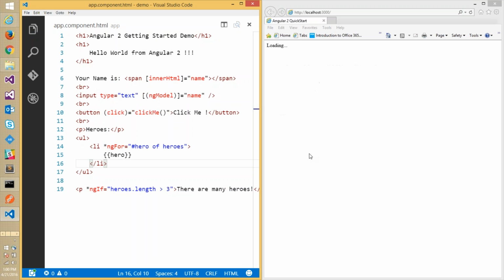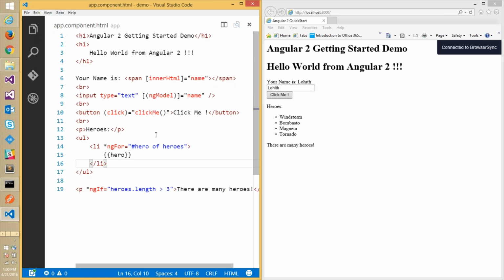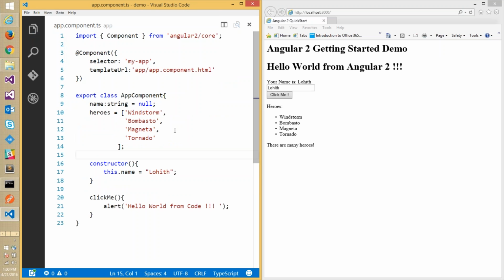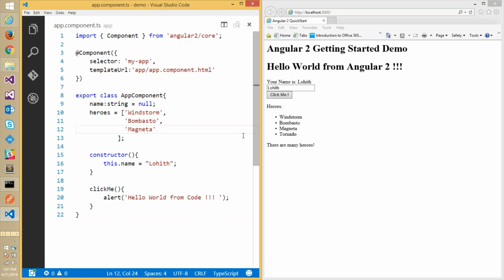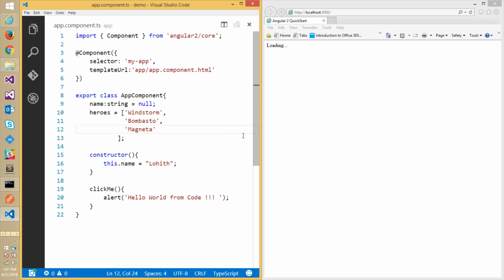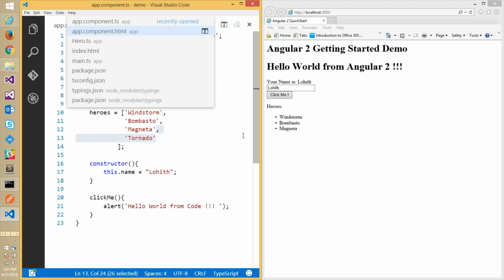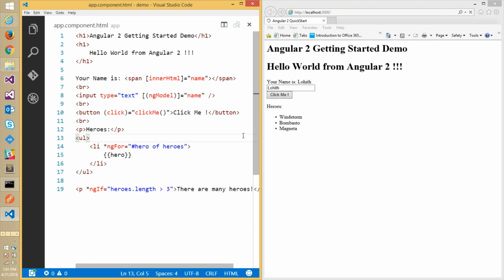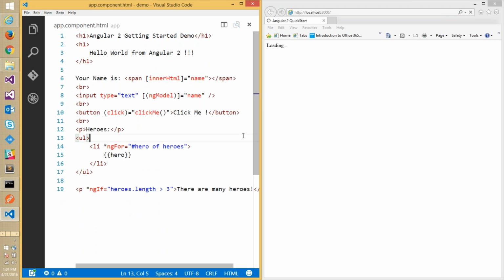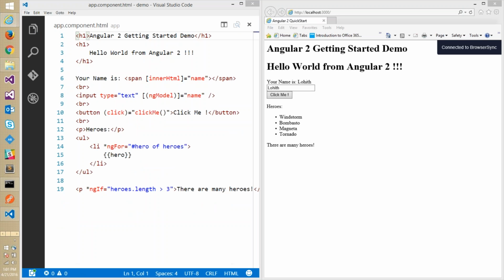Now you will see a paragraph coming there which says there are many heroes. Let's say I'm going to remove greater than 3. So I'm going to remove this and then save it, and there we go. You won't see the message coming up. That's because we wrote it like, if it is greater than 3, then only show the message which says this thing. Okay, so some of the things that we looked at is the ngIf, the model data,